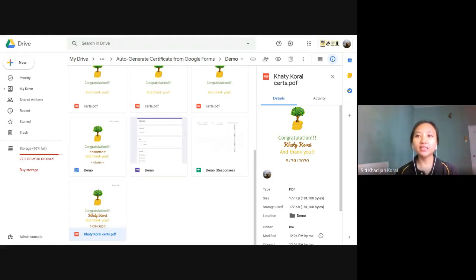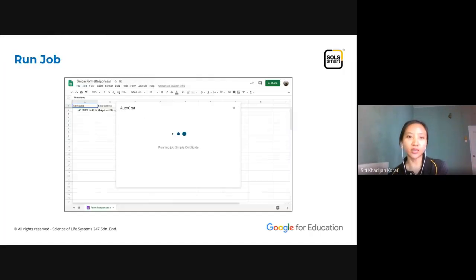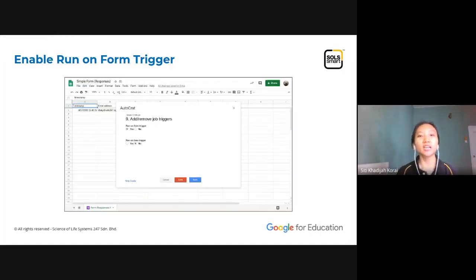Okay, for number 9, it's just this side. I just run on form trigger. So you go with run on form trigger and click yes and save. Number 9 is just when it will run the program. So if you want it to run on a specific time, you may choose run on time. But if you want it to run every time someone fills up the form,